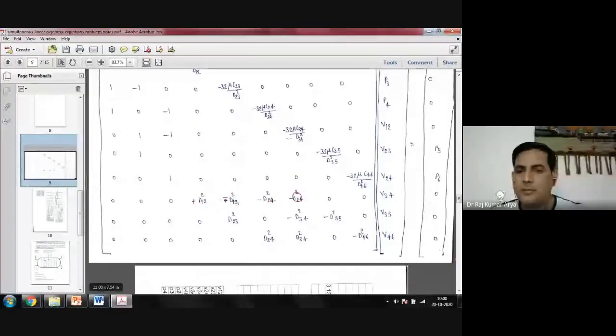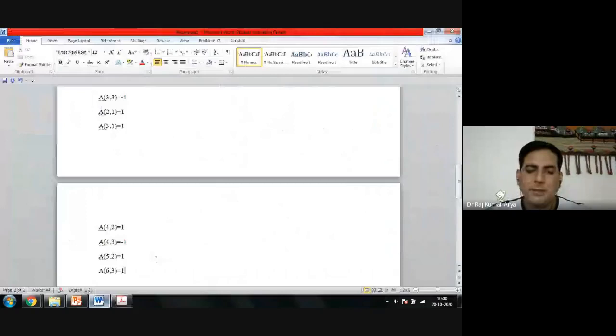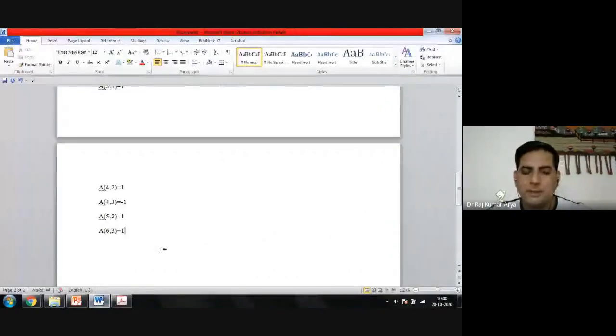Okay, so here you have 7 comma 4, D12 square. This is 7 comma 5, 7 comma 6 and 0. So you can substitute those also. You can write it here, A, you can write here 7 comma, I think 4. Yeah, 7 comma 4 there. You can write for that.